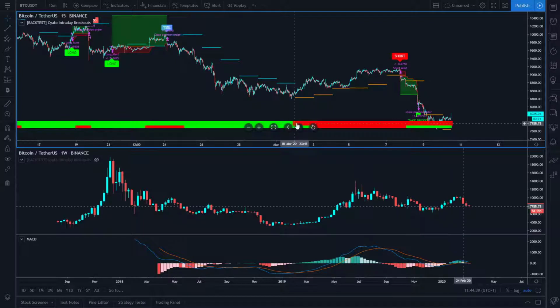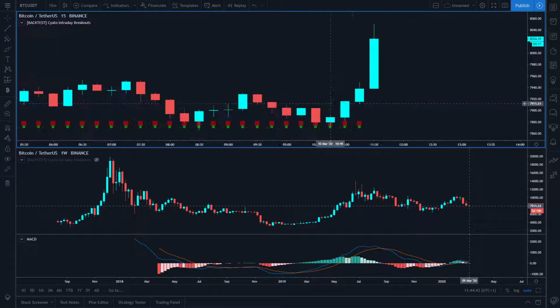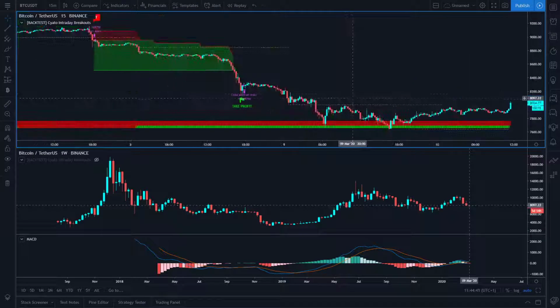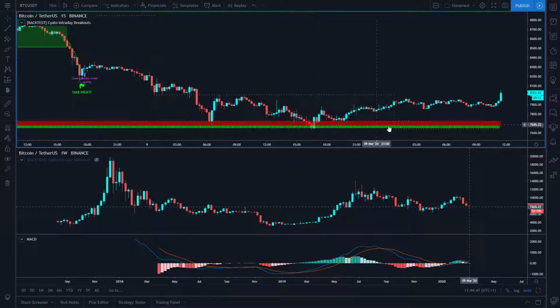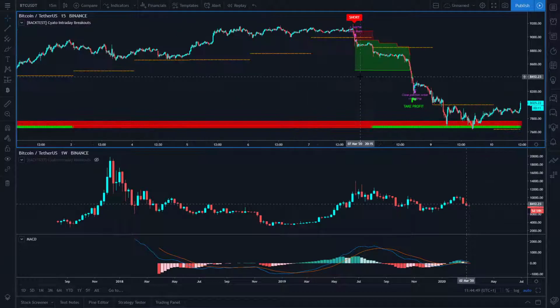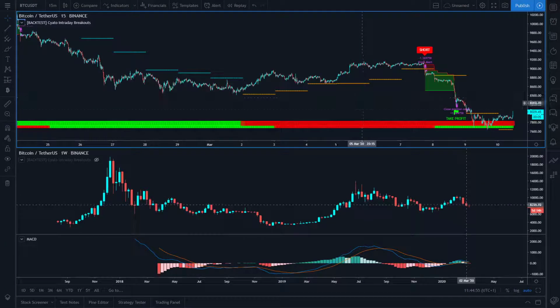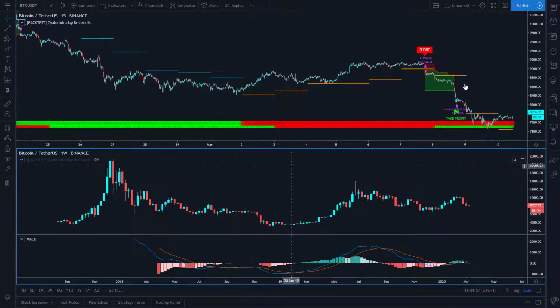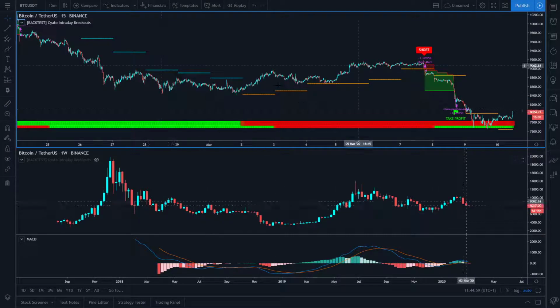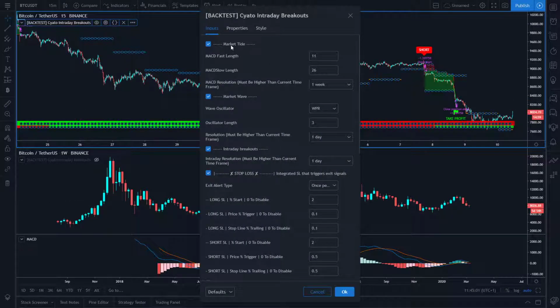So we see the first line. If we zoom in, actually it's squares, but we can see it as a line also. So the first line is red, meaning we are bearish, so we are only going to see short trades. Like for example, here we have a short trade. Okay, so this is for the first screen, the market tide.